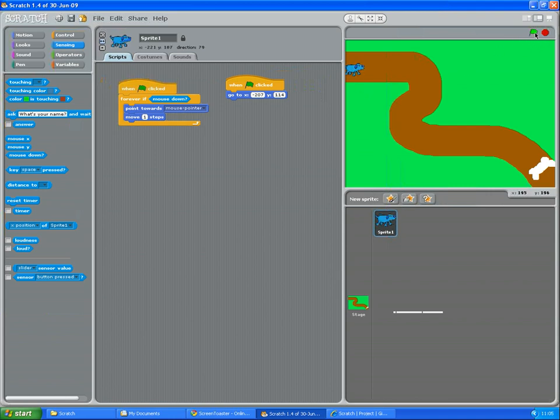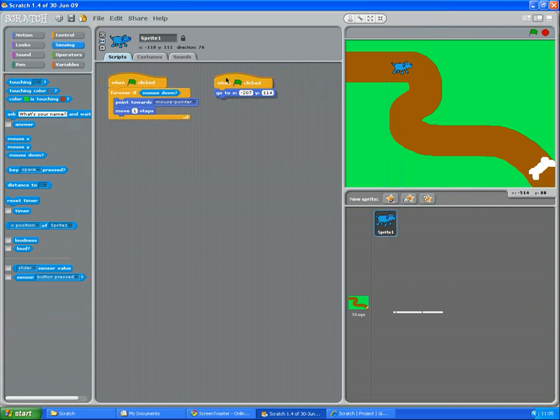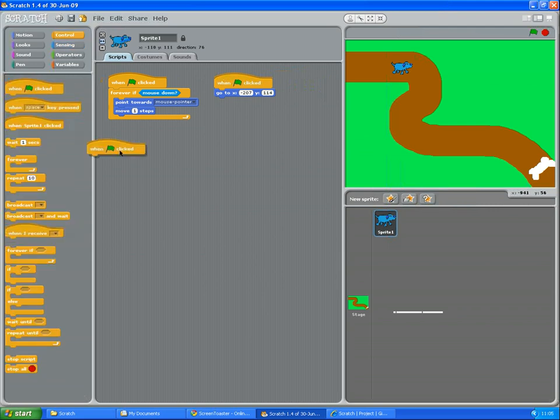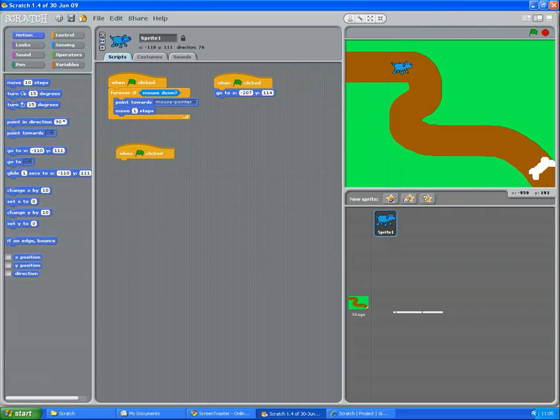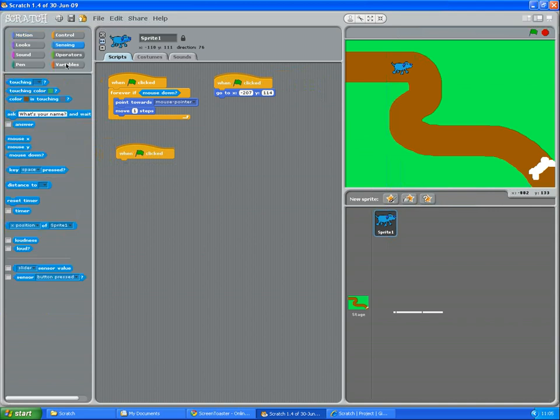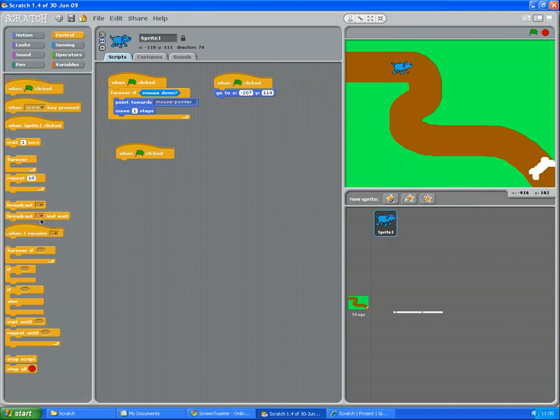So I've got my basic game started. I push the green flag. He starts off, and then he will follow the dog along. Now we need to put in how we win and how we lose, which is exactly the same as if you watch the car video. When pressed, where are we? I want this to happen if,